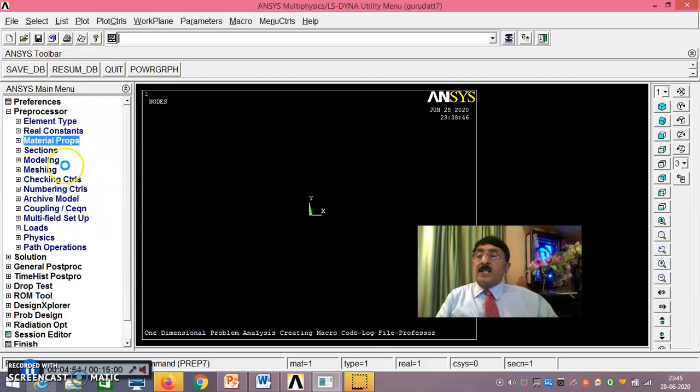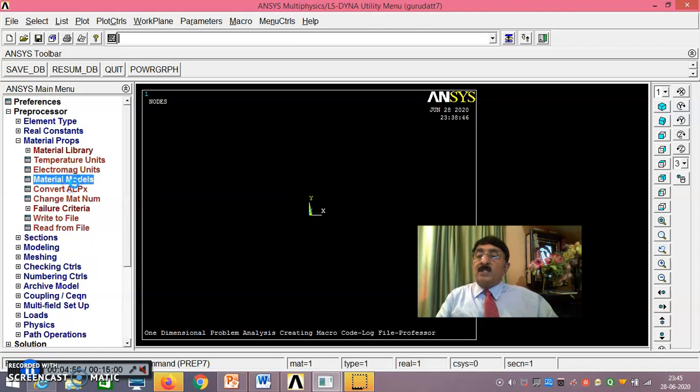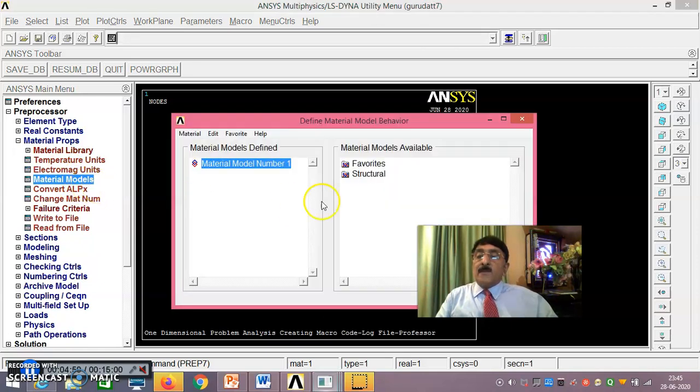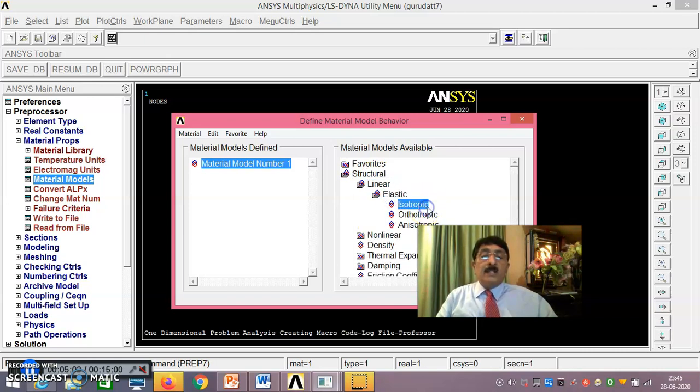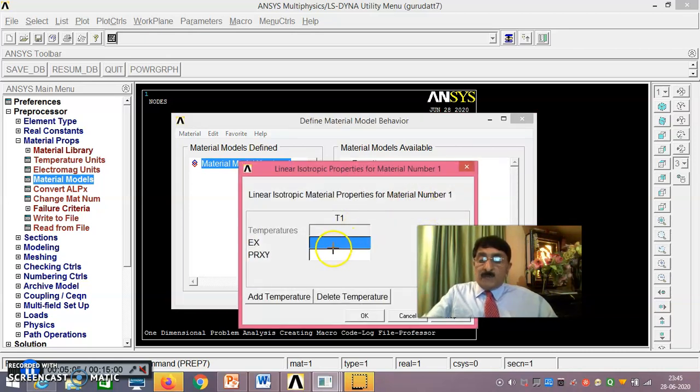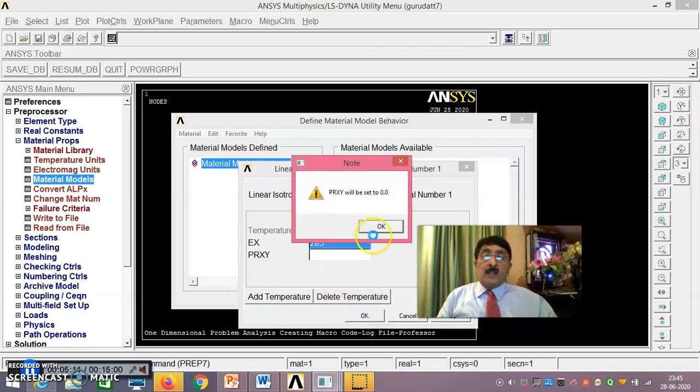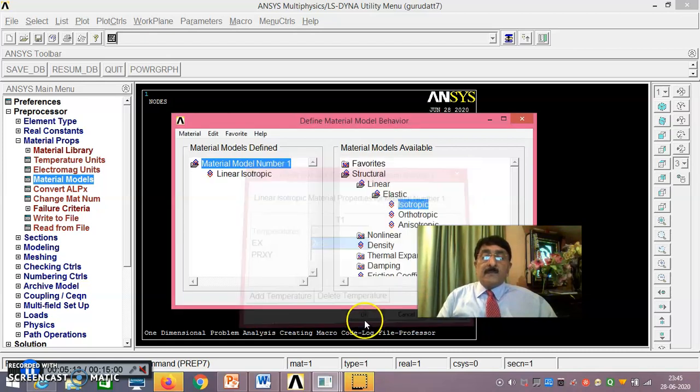Then material properties you go, material models you go, structural, linear, elastic, isotropic. First one is 2E5, that is for steel. Say okay.